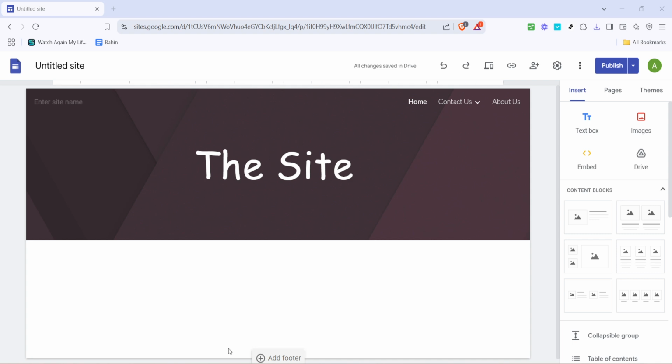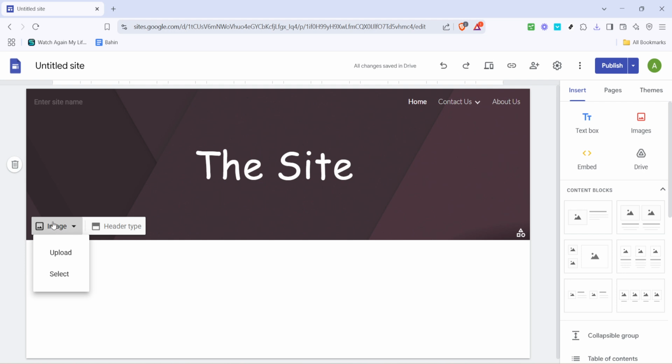First, you'll need to locate and click on the image icon. This is your gateway to altering your Google Sites background. By doing this, you open a world of possibilities to infuse your site with your unique flair. When you click the image icon, it will reveal a variety of options.